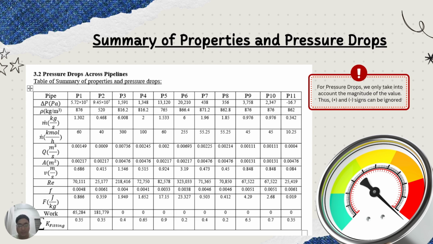Regarding flow regimes, based on our Reynolds number, all our streams operate under turbulent flow. You will also notice significant pressure in P1 and P2 due to the work added by our feed pumps. And regarding system losses, in the remaining lines we see energy dissipation quantified by the friction factor and head loss. For example, P9 shows a higher pressure drop of 3758 Pascal because it utilizes a globe valve for precise flow